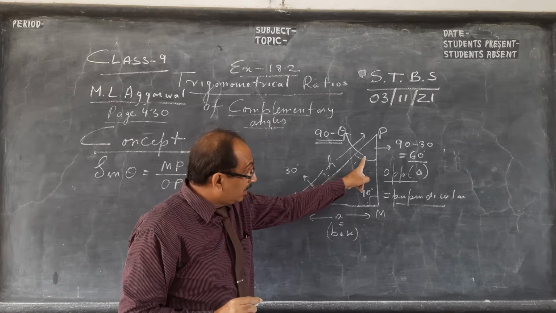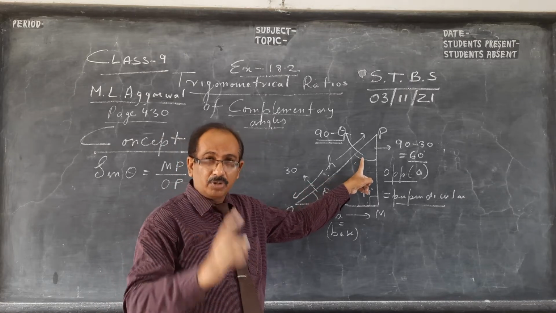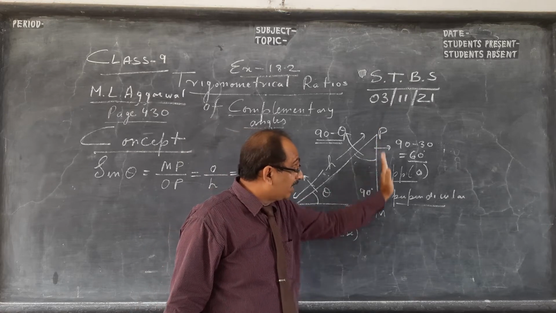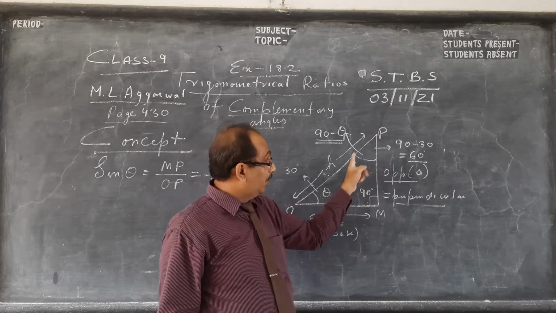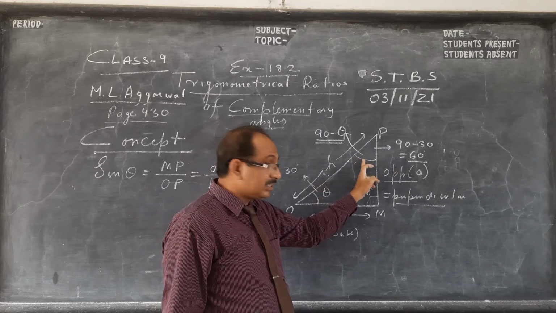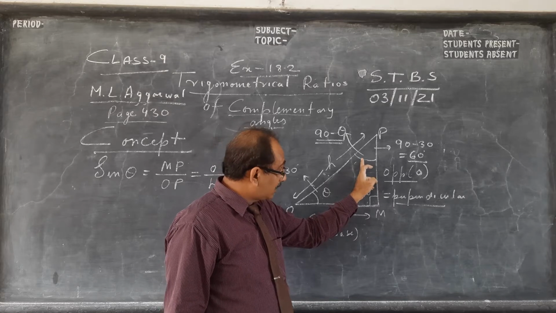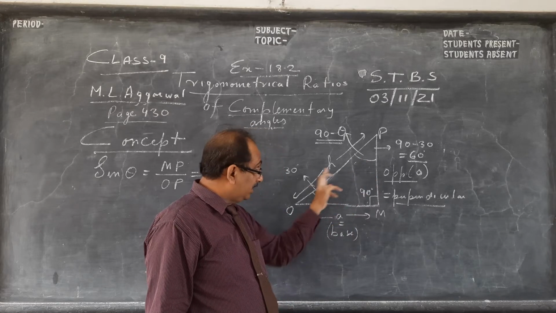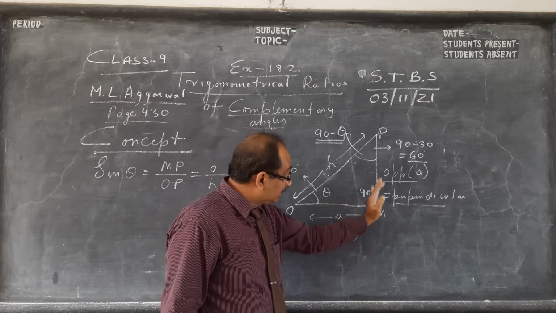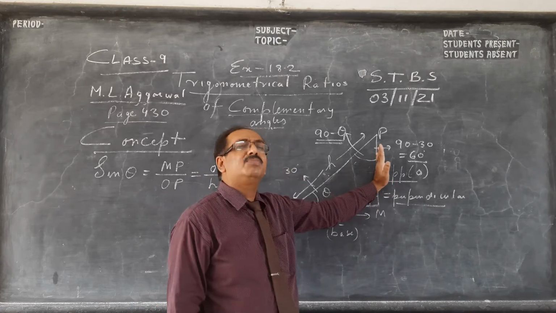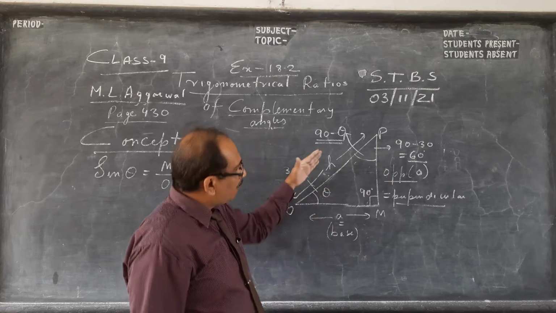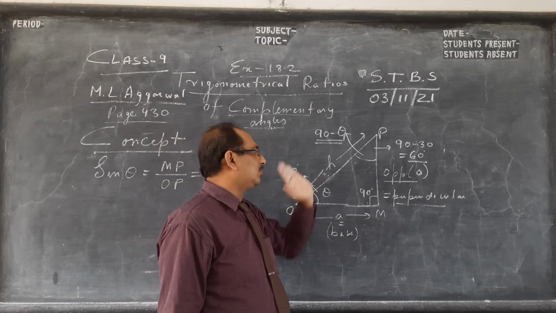Now see something very important, sine of theta, this angle's sine. Now see what is cos of this, the most important thing of the video. Cos of this, for this angle, this becomes the base. I told you cos is adjacent by hypotenuse. For this angle, this becomes opposite and this becomes adjacent. Adjacent is the side next to the 90 degree angle. And for this angle, this becomes the opposite. Hypotenuse remains the same, boys. In any triangle, the side opposite to 90 is the hypotenuse.